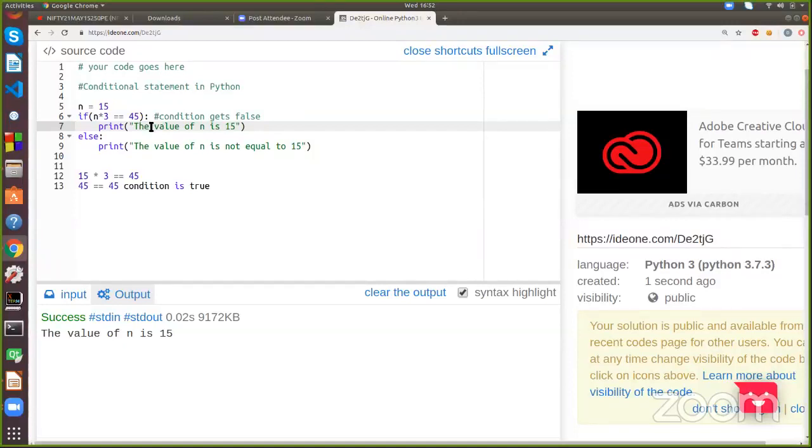Understood now, conditional statement? If you printed the wrong answer this time, okay, I hope now it's clear to you. Only when the condition gets true, ये condition जो ब्रैकेट के अंदर है वो चेक होता है, अगर ट्रू है तो उसके अंदर जो स्टेटमेंट है वो एग्जीक्यूट होगा. यहाँ पे n की वैल्यू 15 थी, 15 into 3 equal to 45. 45 is equal to 45, so this will get printed.